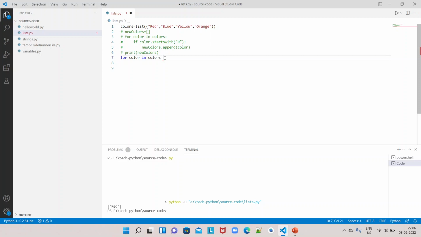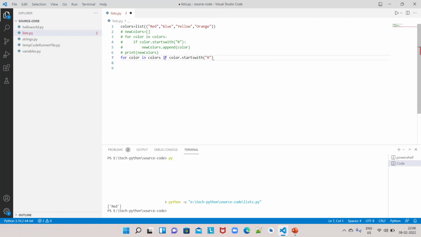See, I want to create a new list whose names are starting with R, right? If color dot startswith R, okay,